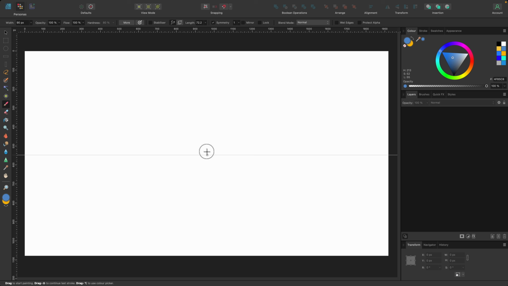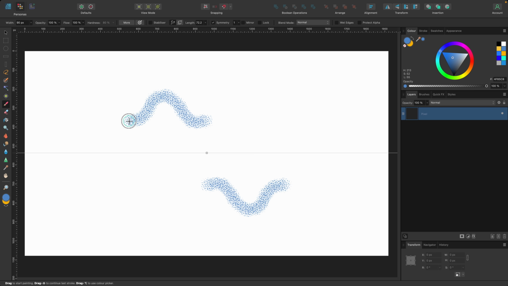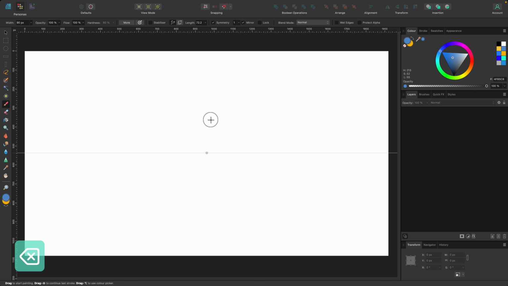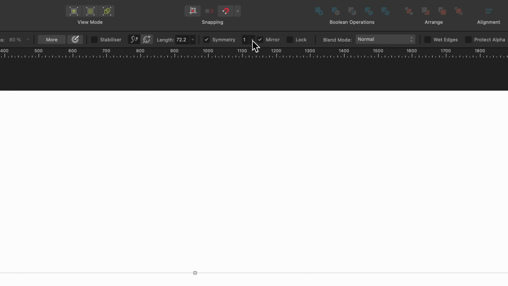If I just check it on, this line appears, and it basically allows us to kind of mirror image whilst we paint. You see it's kind of copying what I'm doing both sides. So if I just click and drag around, it will copy what we're doing, okay? So you can also click on mirror, so it performs slightly differently. So I'll just delete that, and now I'll do it again. This is a kind of mirror image. And if I just delete that, you can see up here, it says symmetry 1. I can change that to like 2 or 3 or 4, anything we want really. So I could just start painting here.